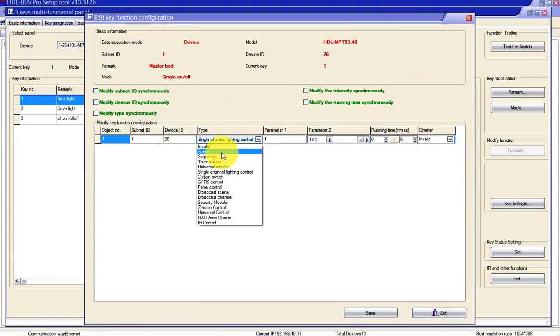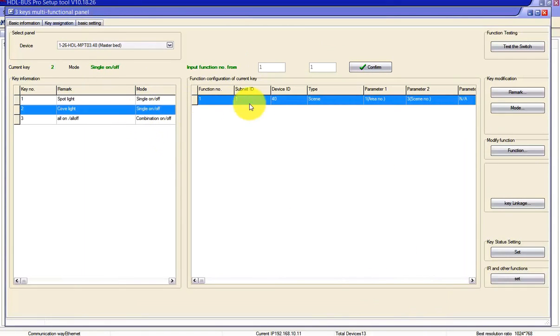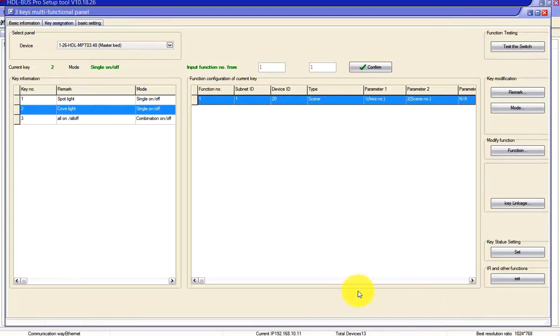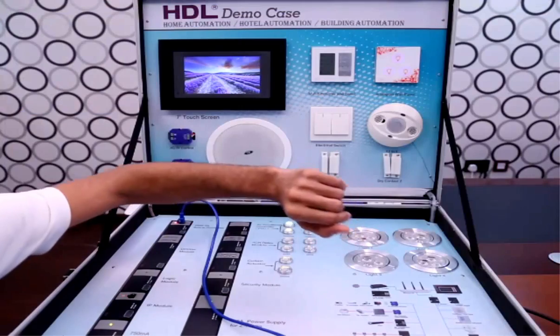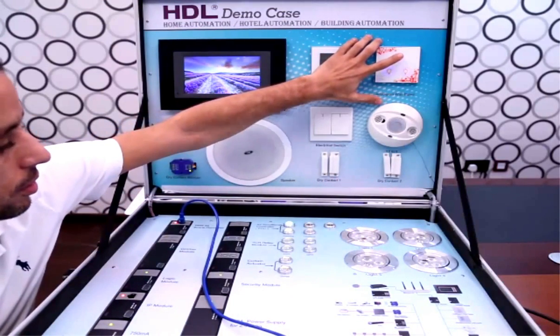I will simply now send one command called scene, then it will do the rest of the stuff. I will just go here and change this to scene, area number 1, scene number 1, and I will go to the second button and I will call scene number 2, area 1, scene number 2. Here we go. Now I will go back to the keypad, press the button number 1, all on, all off,